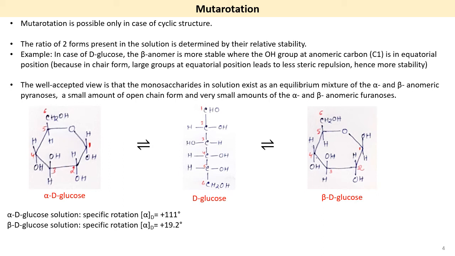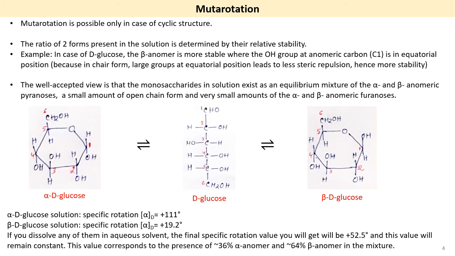You should remember that. Here we are talking about glucose or some other aldohexoses. So in case of alpha-D-glucose solution, the specific rotation is plus 111 degrees. The example we discussed in the previous slide had the specific rotation of plus 111 degrees. So that should tell you that I took the alpha-D-glucose, or the alpha anomeric form of glucose, while preparing the solution. Beta-D-glucose solution will have a specific rotation value, that is [alpha]D. This alpha is indicating the optical rotation, and you should not confuse this with the alpha or beta anomer, right? So beta-D-glucose has the specific rotation value of plus 19.2 degrees.